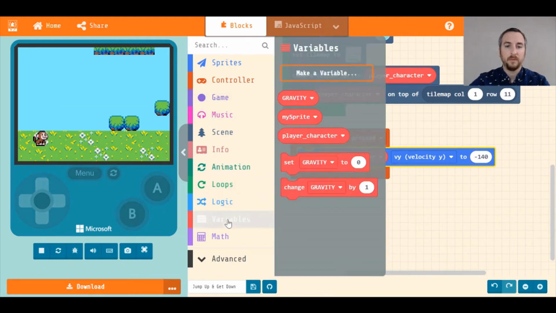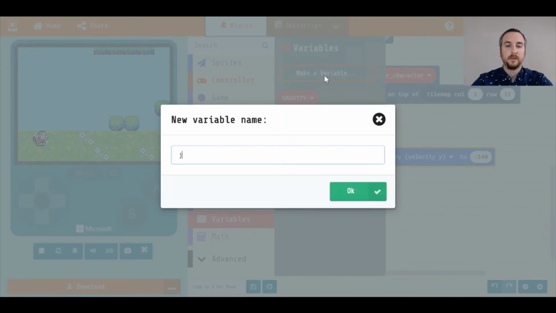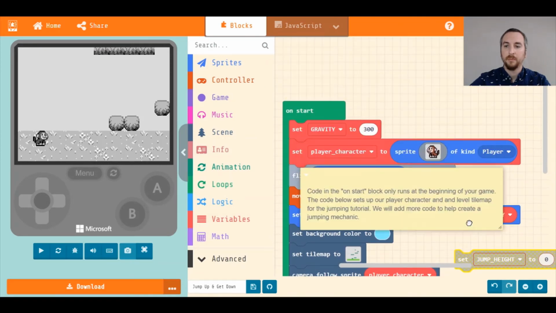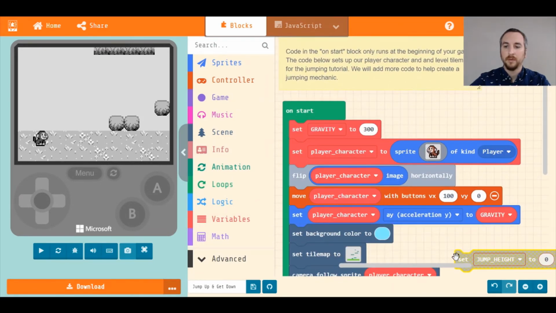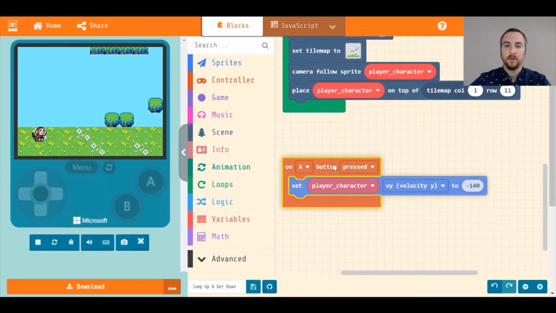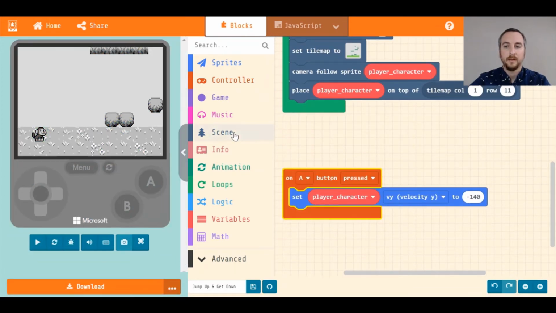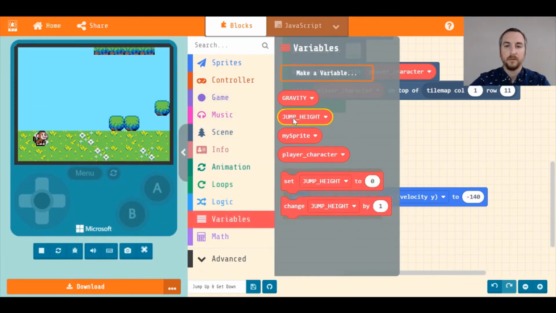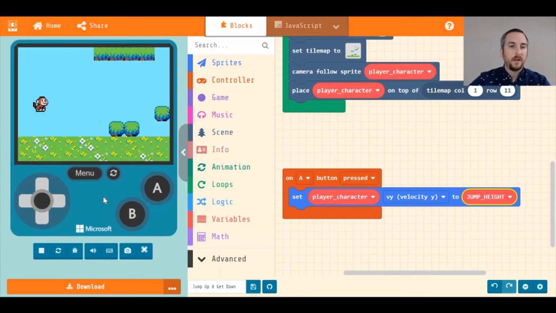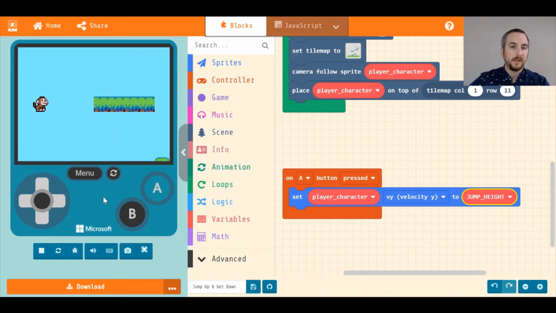But I'm going to create a variable. I'm going to call this jump height. And I'm going to do this. And again, I'm going to put this right next to my gravity. I'm going to type in -140. And I'm going to go back down here. And I'm going to throw a variable in. Jump height. Okay. So if you're following along right now, you may notice when I press A, I keep jumping